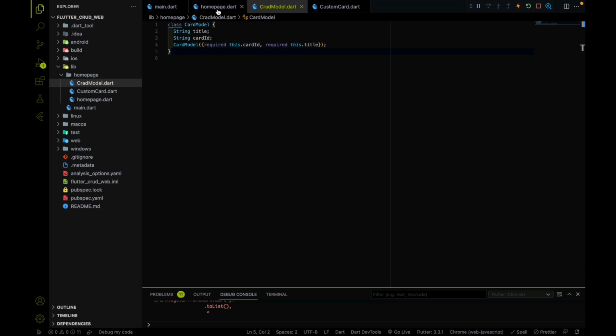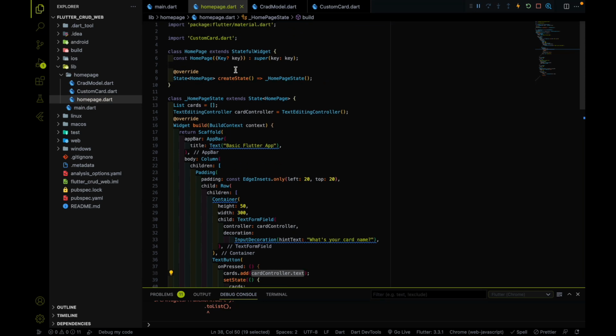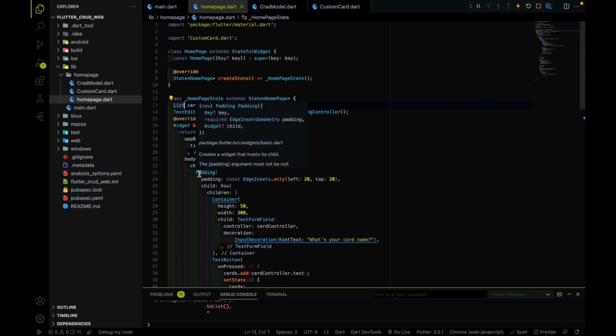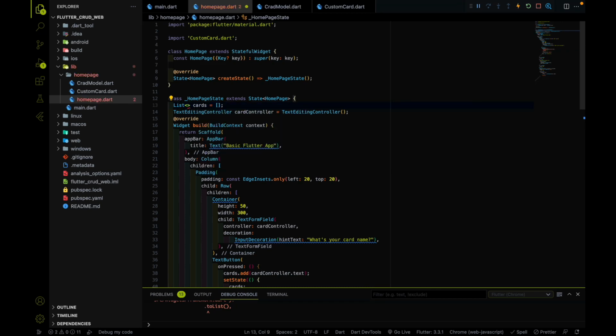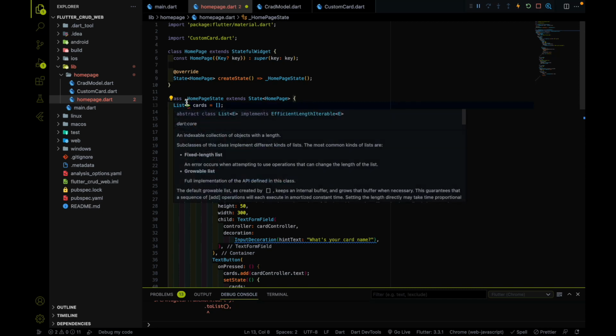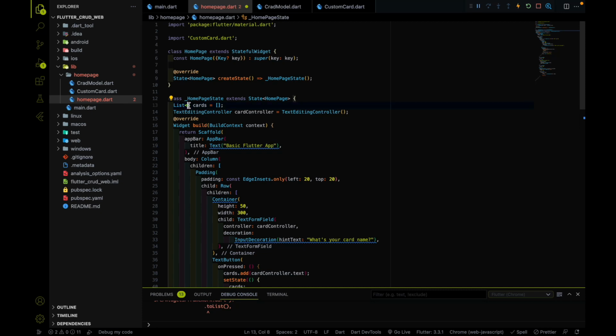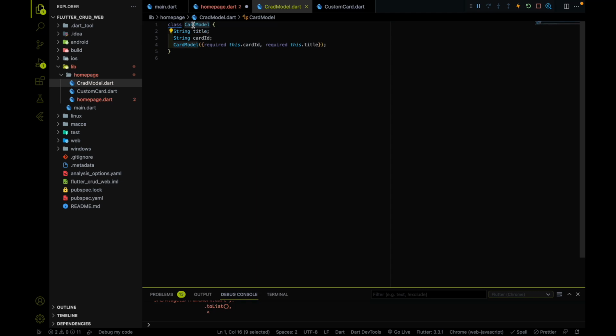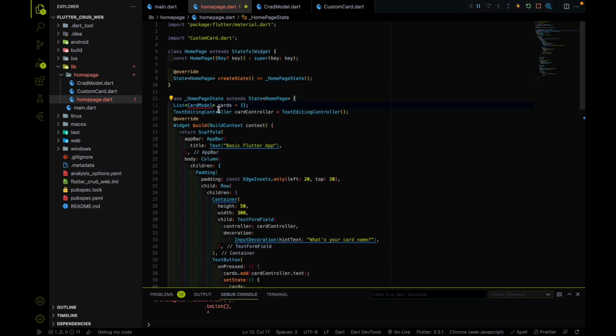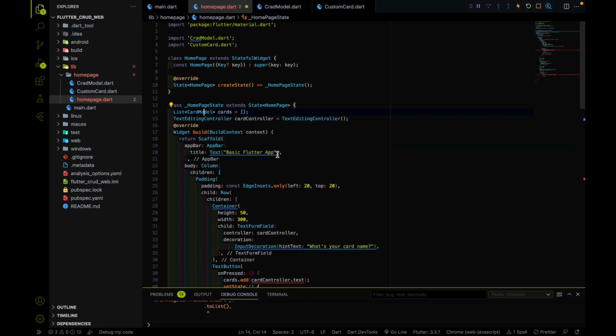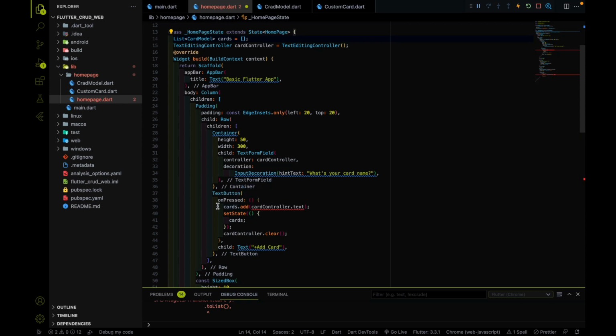Okay, so every Flutter thing has generics. So this is our list, and to define the genre of this list, I will use this angle bracket syntax. Like on a website you will find genres such as movies, games, something like this. Similarly, in Flutter data types you can define a genre. So I'm using generics, and I just created a card model, and this type of data I want to put inside the list. Here we have cards. Right now it's an empty list, but whenever I put something here,